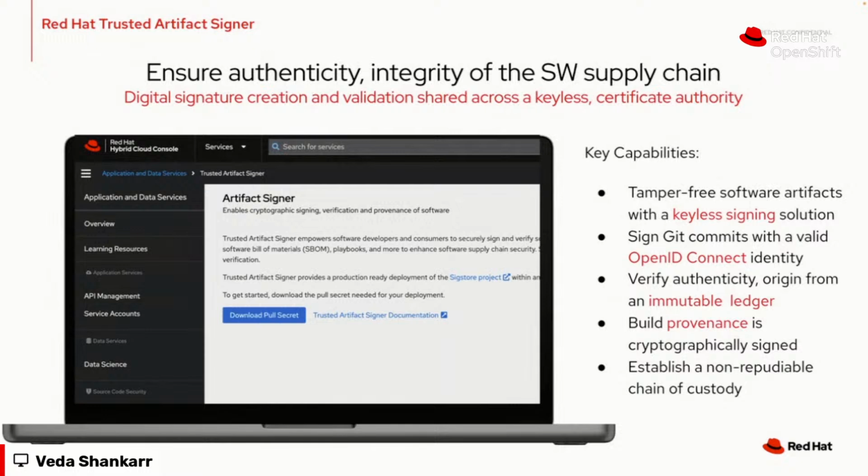When you say keyless, it doesn't mean really keyless. You're just having ephemeral keys that can be discarded after 10 minutes, right? But you're going to base the identity of the attestation on an OpenID identity, which could be coming from GitHub, Microsoft, Google accounts, but at the same time, you can bolt on your own single sign-on service also.